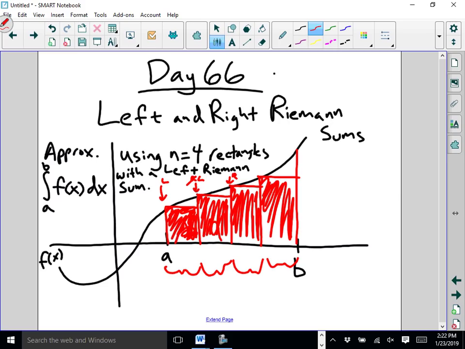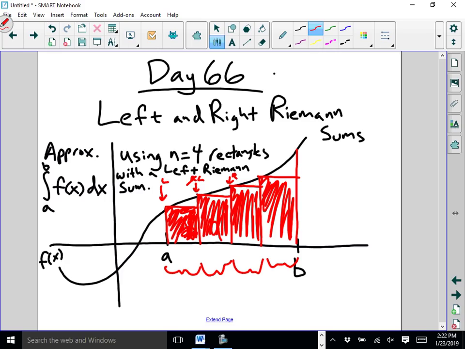Now, when you look at this particular approximation, we should be able to determine the area of those 4 red rectangles. How is that going to compare to the actual integral from a to b of f of x dx? Is this an under approximation or over approximation? Well, it's pretty obvious to see by looking at this that this is definitely going to be an under approximation,